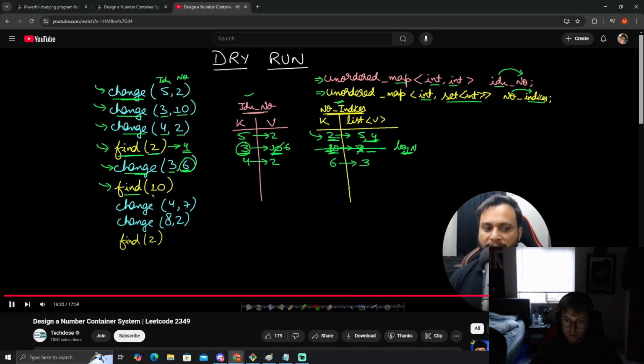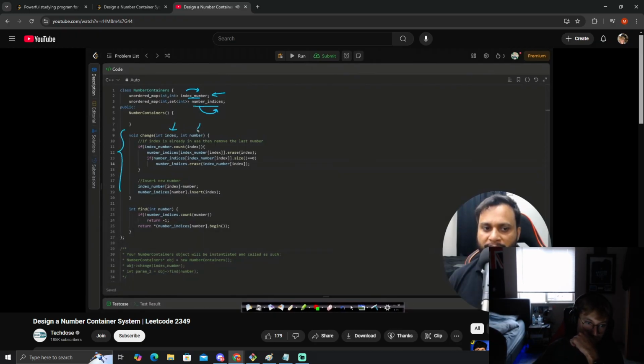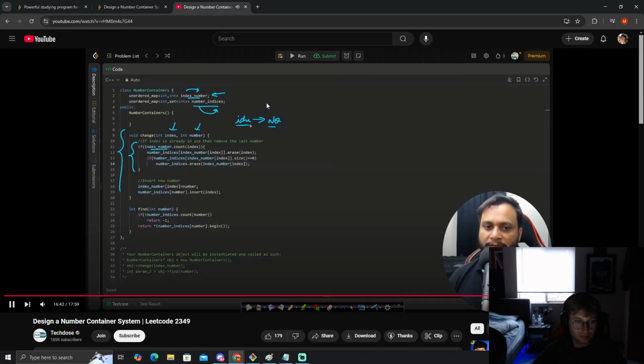Now a find is on the indices, which is the inverted map. Now if you look at the change code, then here an index and the number is coming. So simply I have to overwrite that. If the index is already inserted, then overwrite. If it is not inserted, just insert the index with the given number, right? So first of all, I will be checking if the index is already present. That means if there is already a certain value, then what I will do is I will go to the inverted table, and for that value I will be removing this particular